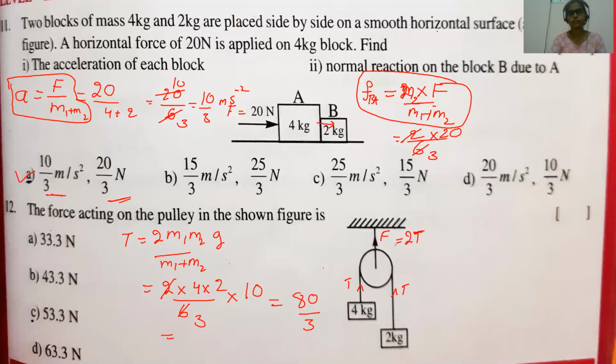Just try to get the answer. What will come? Now we'll see what tension you get first. Use this tension to calculate. Tension is equal to 80 by 3, we got. So substitute this 80 by 3 here. 2 into the tension, that you substitute here. So 80 by 3 is there. So multiply, 6 twos are 12, 2 times 80 is 160, by 3 you got. So you can divide 160 by 3, you will get the answer around 53.3 newtons.